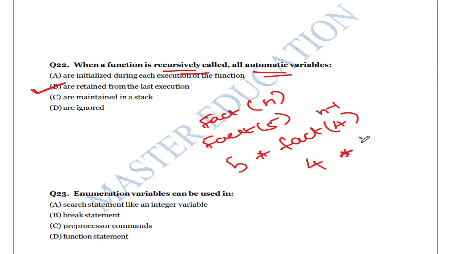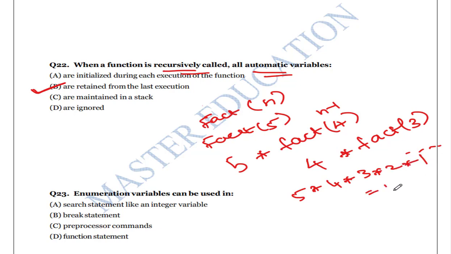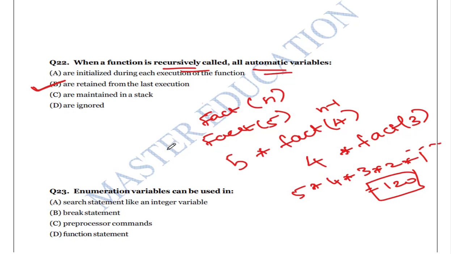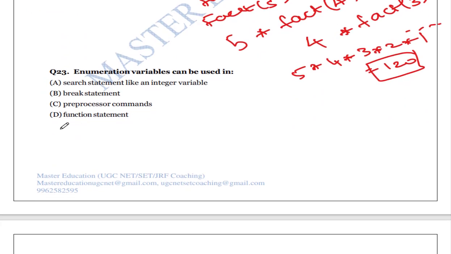So again this 4 is retained and fact of n minus 1, 4 minus 1, 3. So it will go on 5 into 4 into 3 into 2 into 1. So it will give the factorial value 5 into 4 is 20, 60, 120, right? So it will retain its data from the last execution, that is recursive, which is performed in